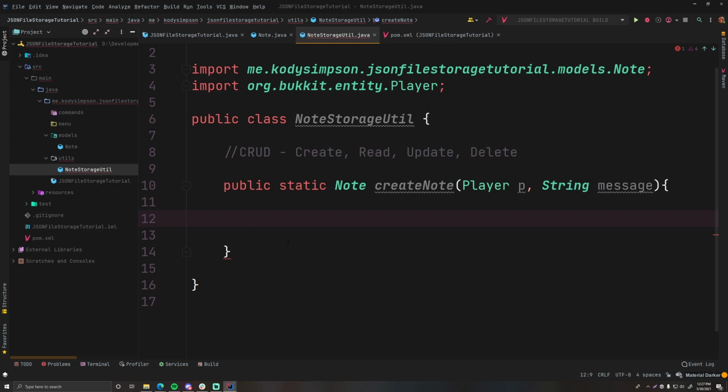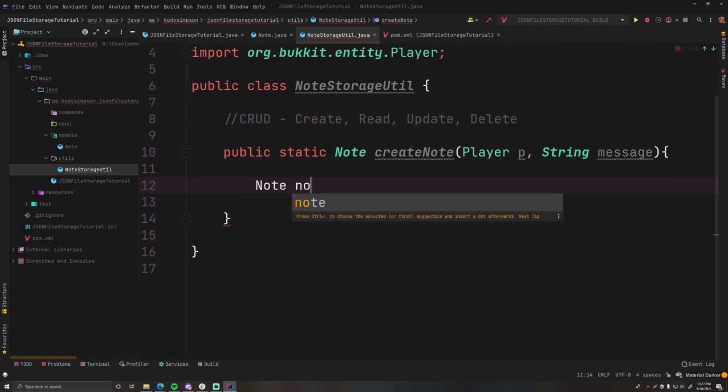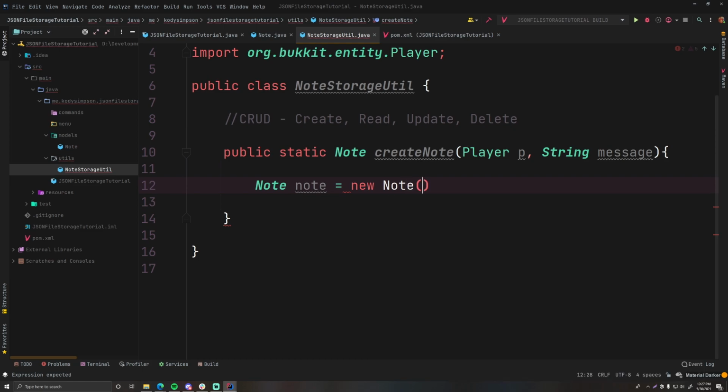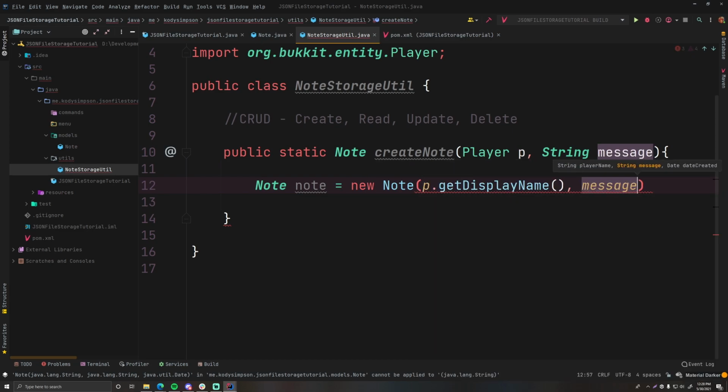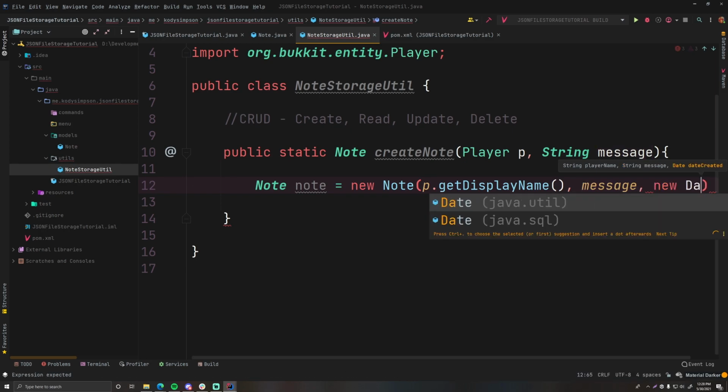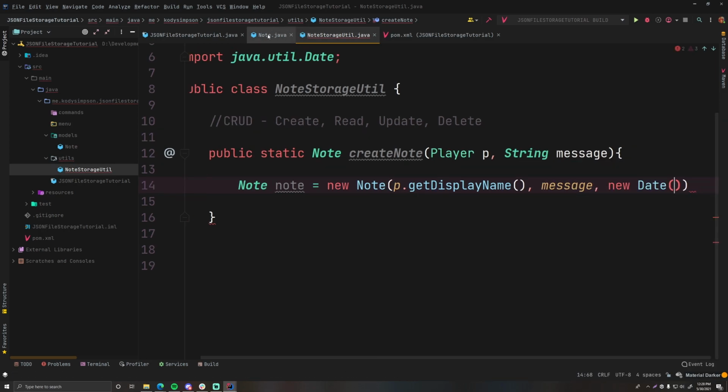And then we can create a note. So we're going to do note is equal to new Note. And as the constructor is asking for, we want a player name and a message. So we can do p.getDisplayName, and then the message we just pass in. And then it also wants a date created. We could just do new Date like that if we want to, or we can go to Note and